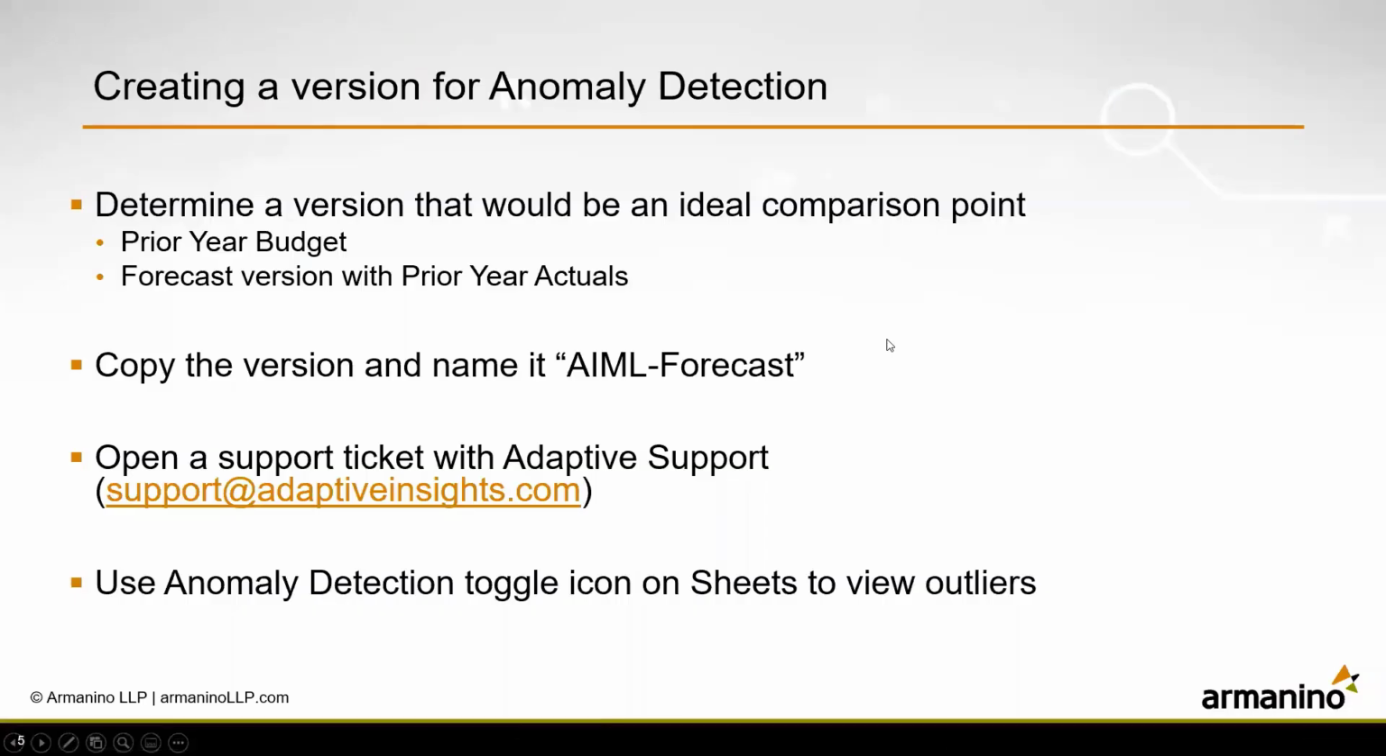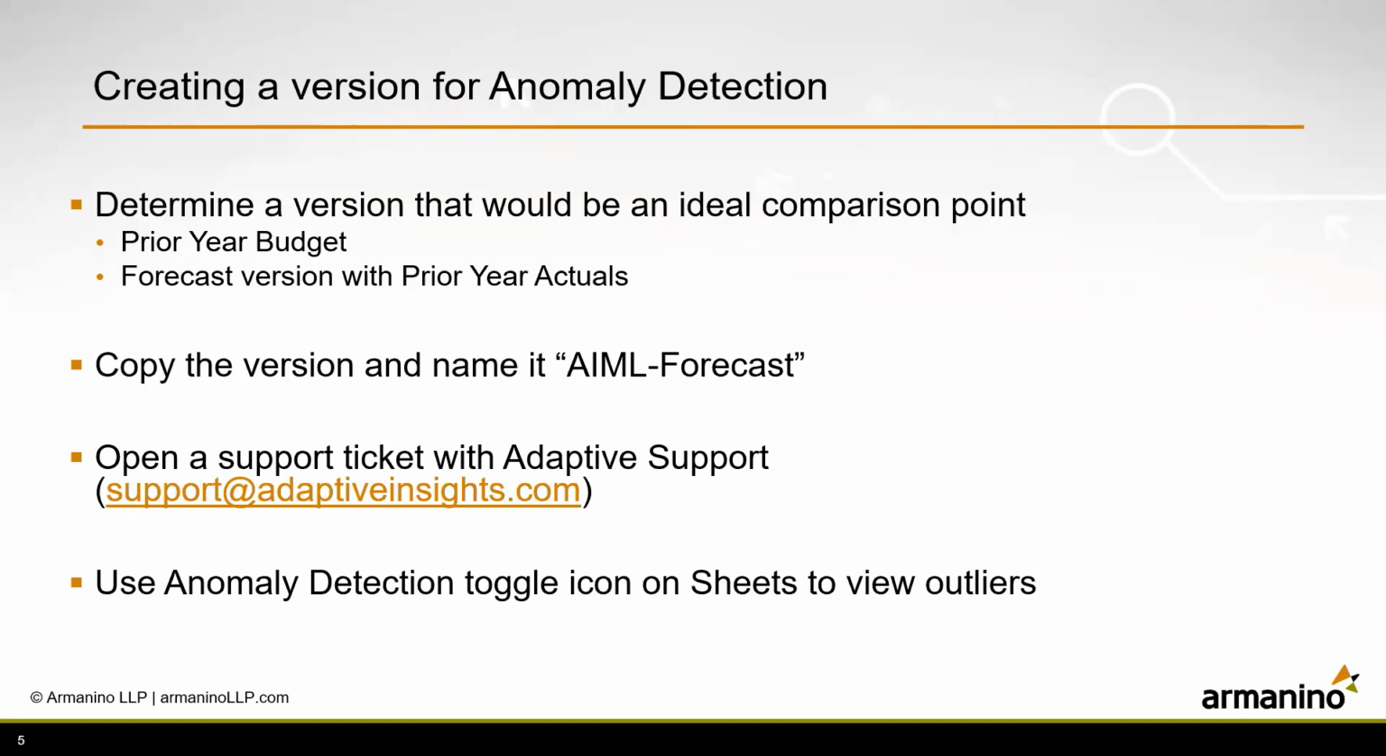For anomaly detection, this is Adaptive's big release in this release that now allows you to automatically see any big outliers that might have accidentally made it into your budget. The way this is enabled is by picking a version that you feel would be a perfect comparison point, something like prior year budget or last year actuals. And once you create that new version, you have to name it